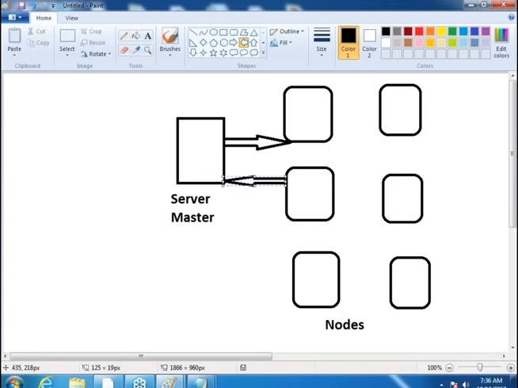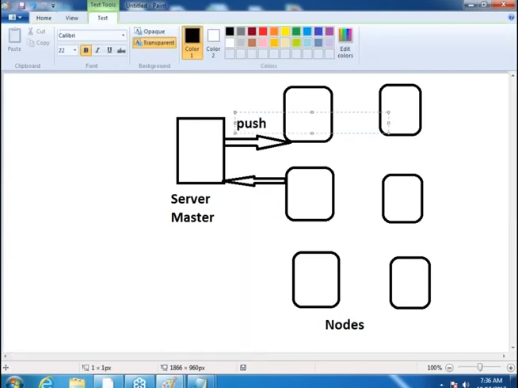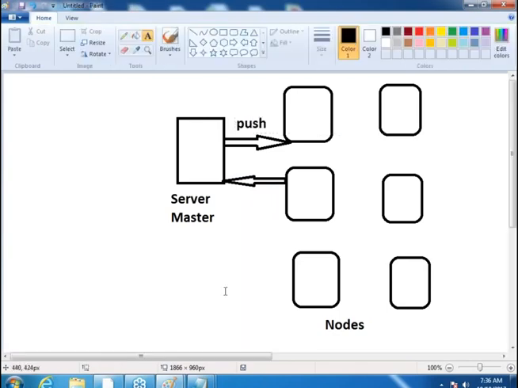When the server tells the nodes that this is what you have to do, this is called the push model. The push model of configuration management is when the server speaks to your nodes and tells them this is the configuration you have to apply, right?